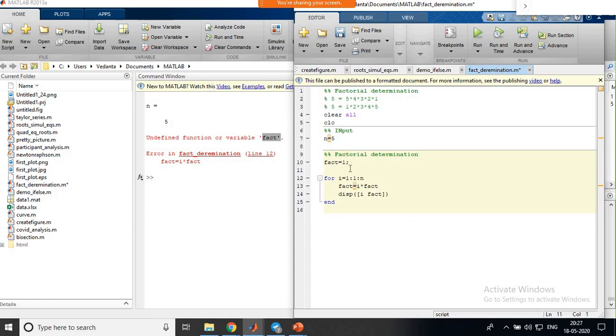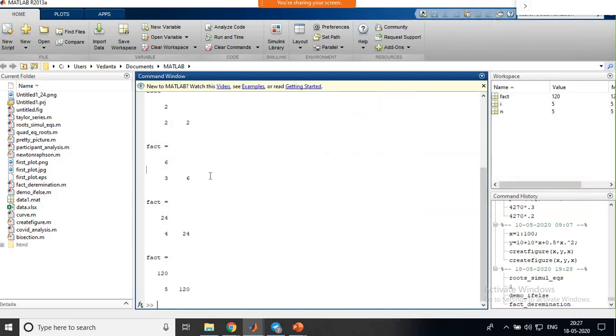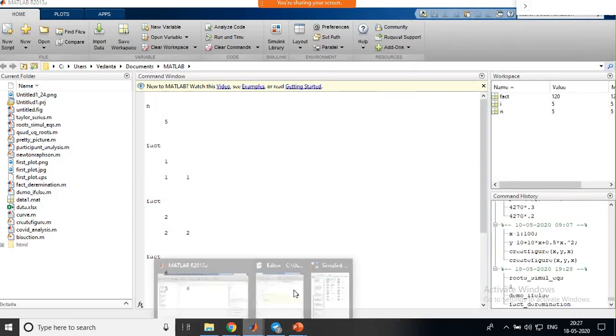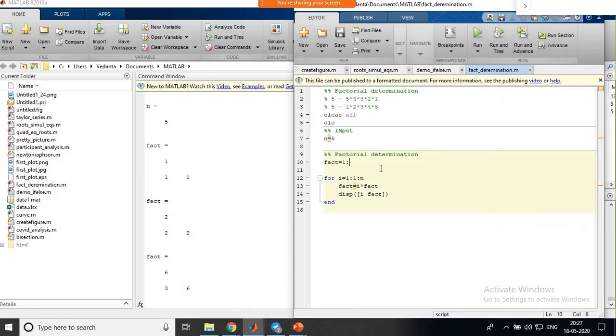If you are going to add, if you are going to have a summing operation, what you have to do? If I add any number with a 0, it will never change the value of the number. So that is what happens. Now we'll run this program and we'll see it. So fact, we have defined it. Now you can just look at this entire sequence of operations. It has fact 1 now defined.